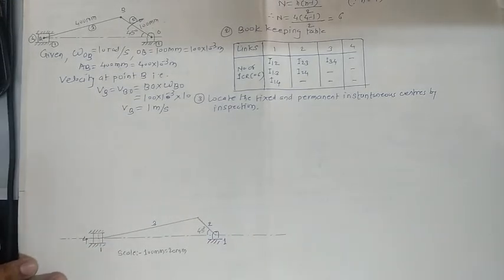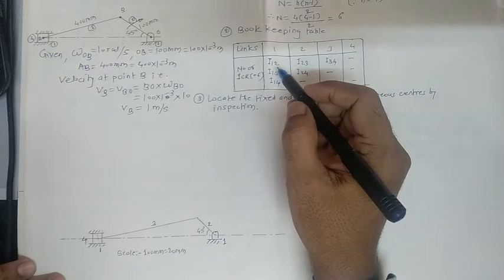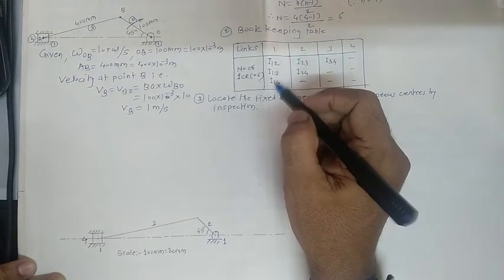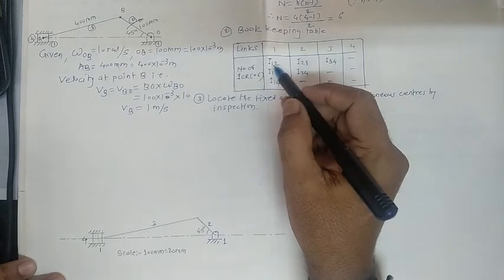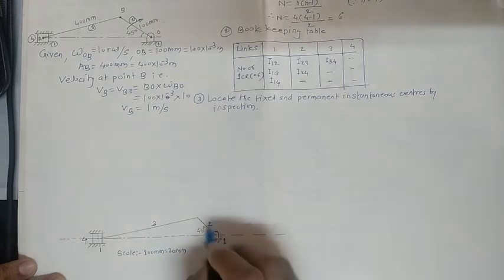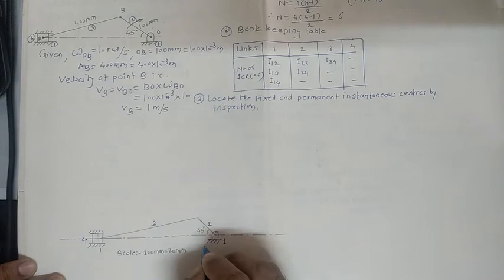Now just focus on this table. Okay, so the I12 point is here, I13 is here, I14 is here. Start in the sequence with I12. Number 1 is given for this link and number 2 is given for this link. So the instant center in such a case will occur here. Give the name for this instant center as I12.